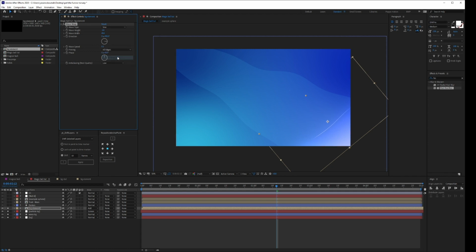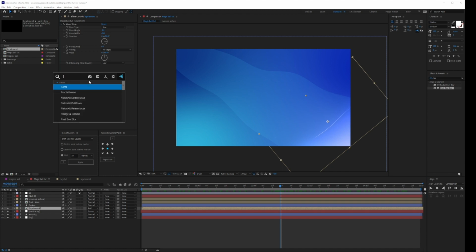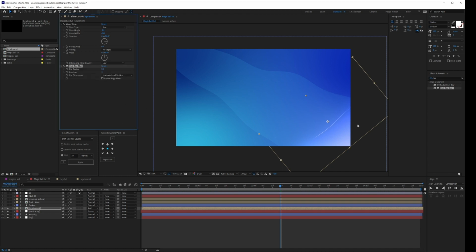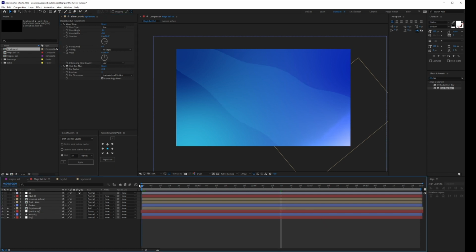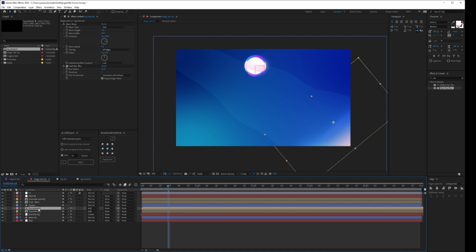We're gonna do that all edge again. So again, it's flowing. That's great. Now I'm gonna add fast box blur to just make it blend in with the background. So I'm just gonna go like 100. Yeah, something like that. Great. And repeat edge pixels just in case I see something weird. Perfect. Great. Now I'm just gonna go duplicate this and